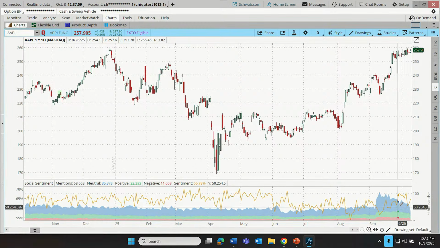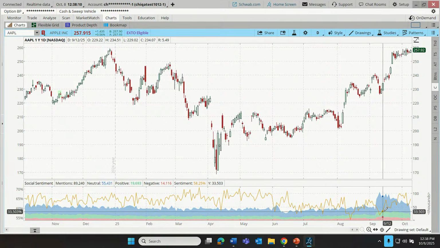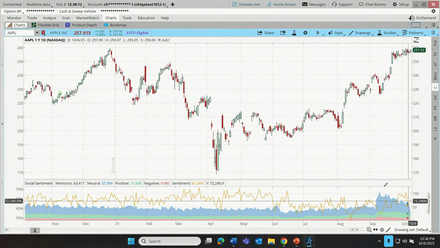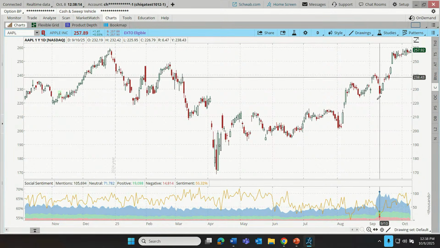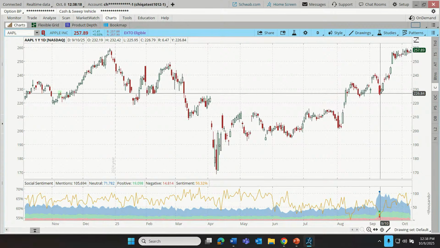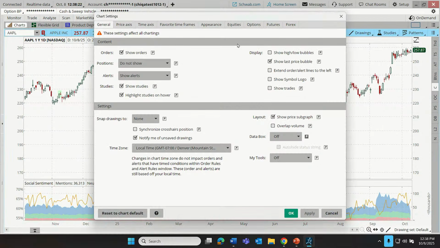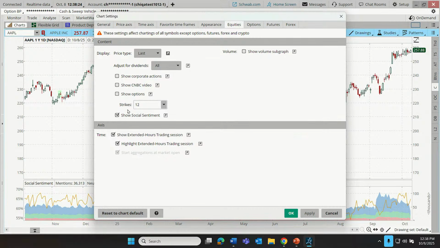And then we can follow that sentiment over time. So for example, back here on September 10th, positives were 19,000, negatives were 15,000. It's only 56% positive. So I can see the positive for Apple seemed to be climbing, which unsurprisingly typically correlates with stronger performance of the stock. Not always. All right, so that social sentiment is an interesting feature.